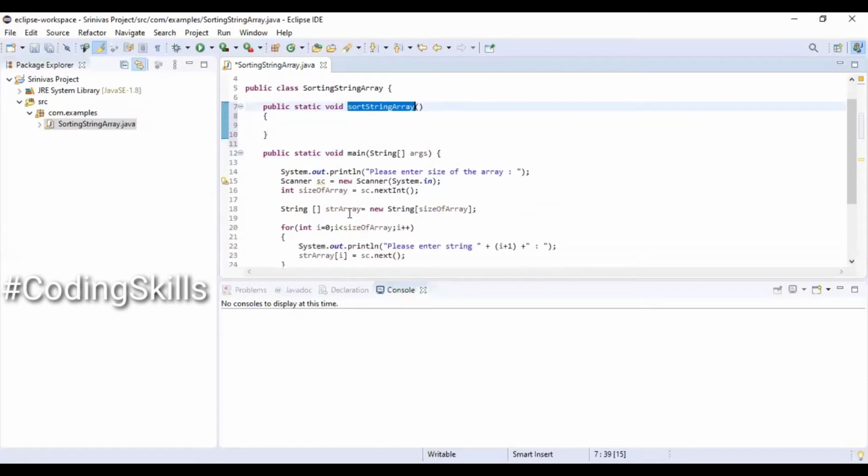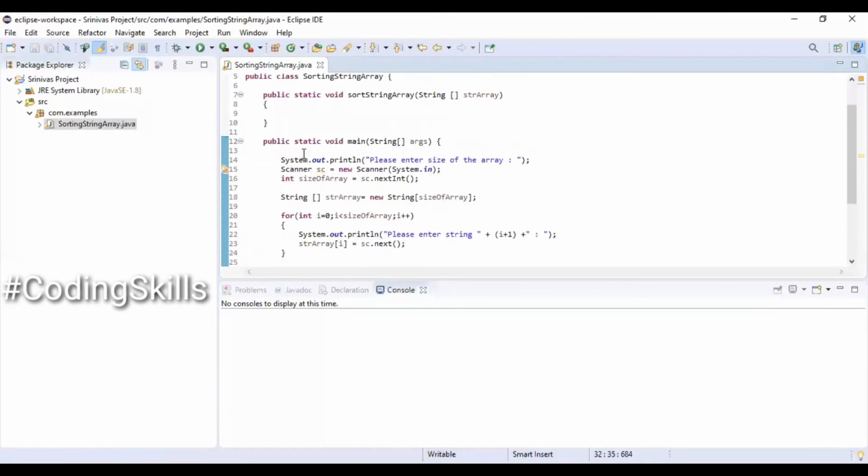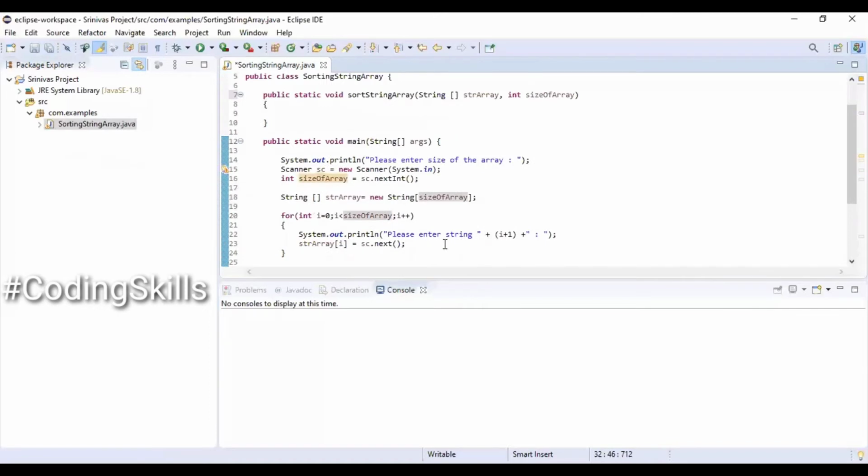We are going to pass the string array to this method, and we will be calling this method within the main method by passing the respective string array. And we are also passing one more variable, sizeOfArray, as a second parameter to the static method.